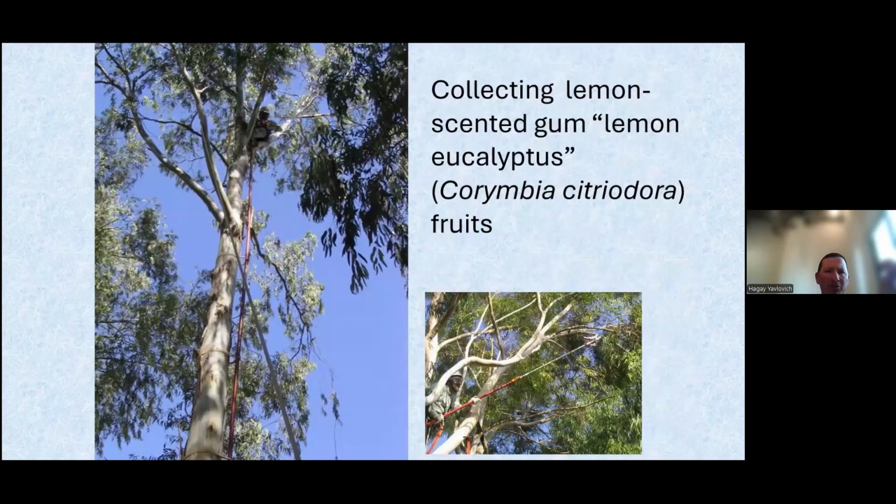There is another option that is easier, and you can be less professional if you want to do it. It's a ladder that you can put on the trunk of the tree, like you can see here on the eucalyptus, or actually it's a Corymbia citriodora. You can get very high on the tree, then take the pole and cut some branches with fruit. The fruits go down, and then you can take the fruit and get the seeds out.